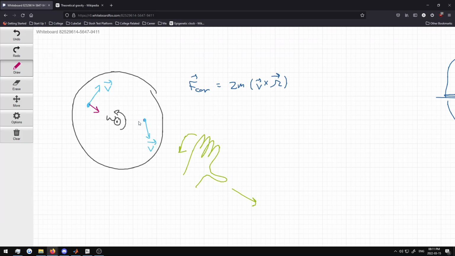We do the same thing, it would point this way, right? Yeah, just made sure with myself, but yeah. And so this is the equation that governs how this works. One thing that we do have to keep in mind is that the velocity vector is actually going to be